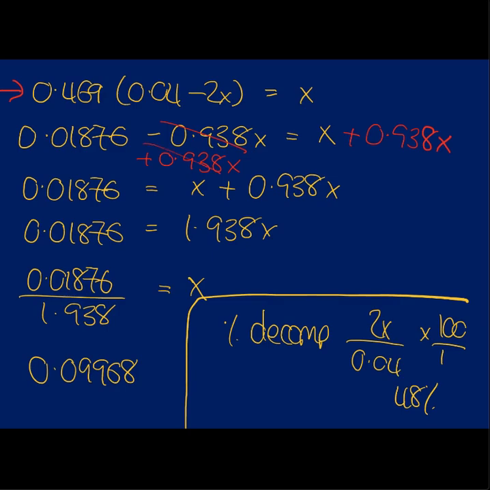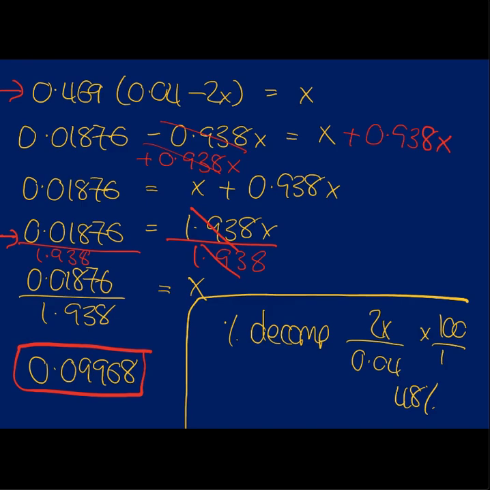So that allows me to cancel it out. I'm now left with 0.01876 is equal to 1.938x, and to have x by itself, I have to divide both sides by 1.938. That allows me to cancel this out, and then I work out my value of x to be